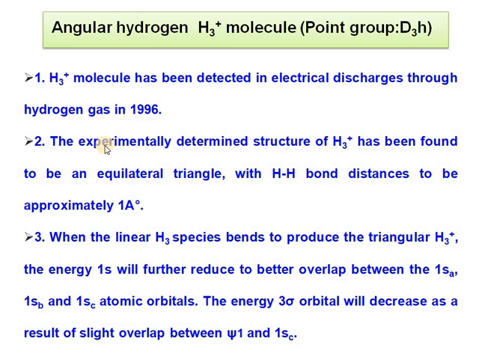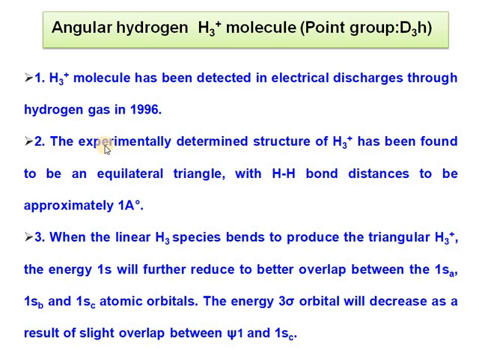You know that the H3+ molecule can be detected in an electrical discharge through hydrogen gas in 1996. But it is experimentally found that the structure of the H3+ ion is an equilateral triangle with an H–H bond distance of approximately 1 angstrom. But when this linear H3+ species can bend